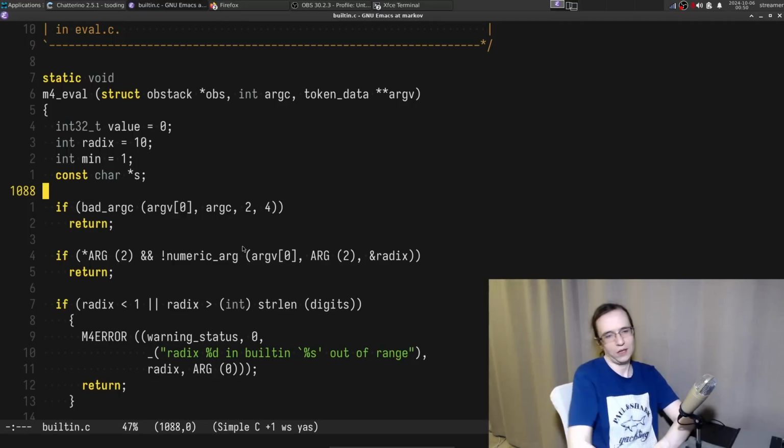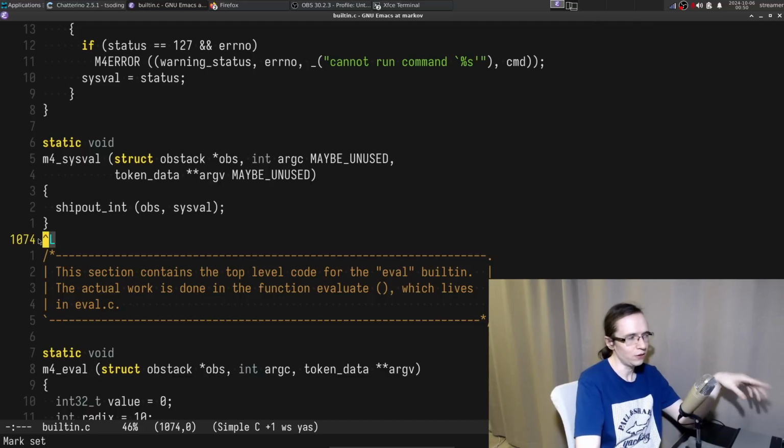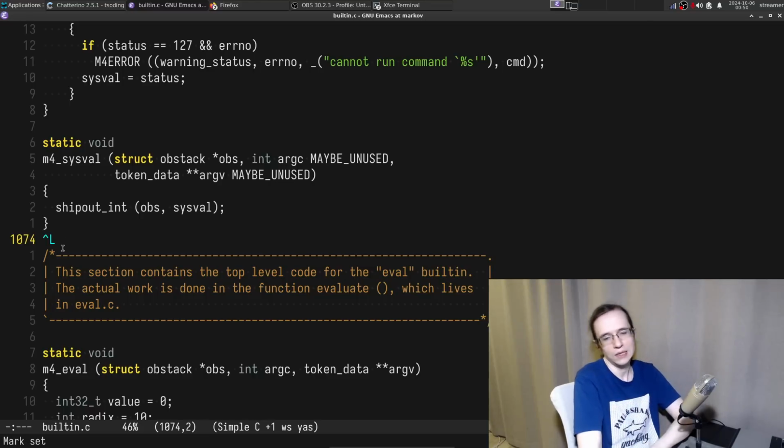What is this Control L? It's a sign for the new page. If you try to print it on a printer, when the printer encounters this thing, it will start a new page. That's what it is actually. It's a new page. So I suppose maybe when you convert it to PDF, it's also going to go on the next page.